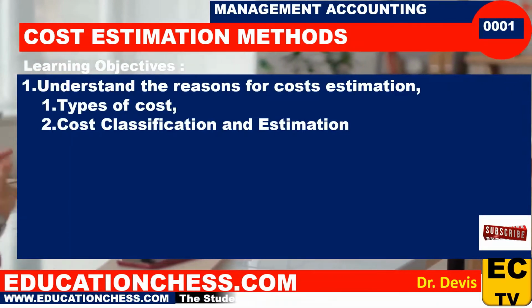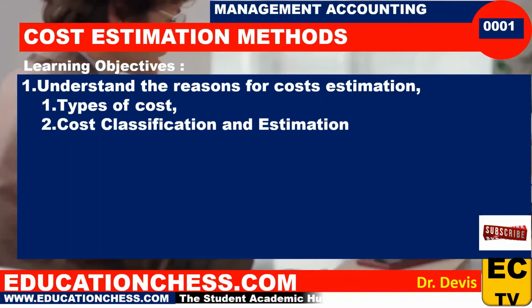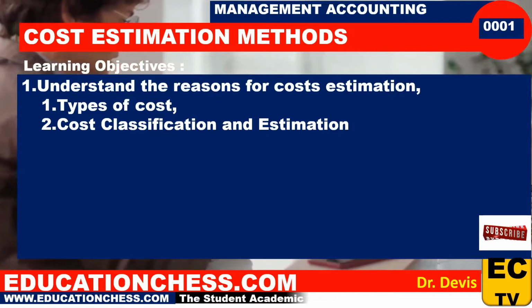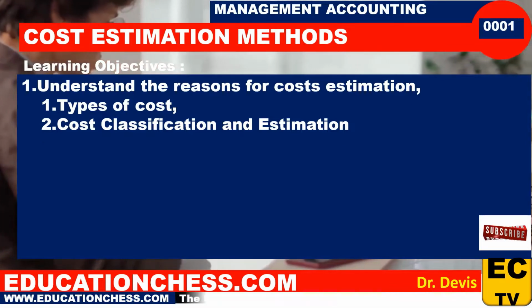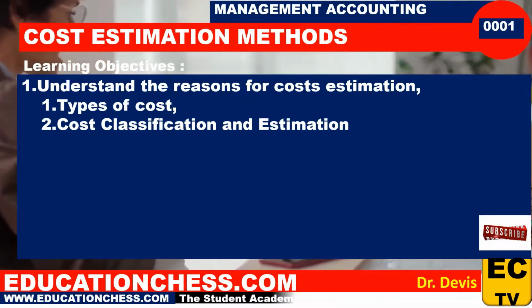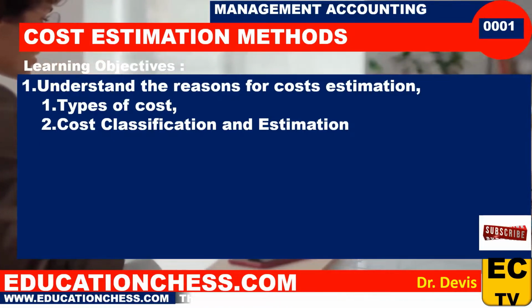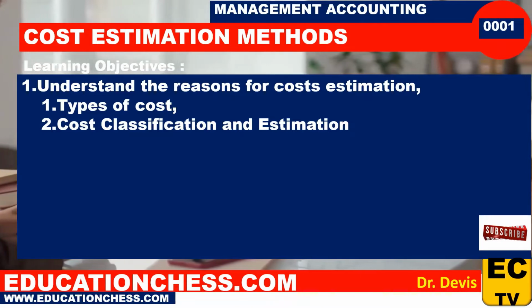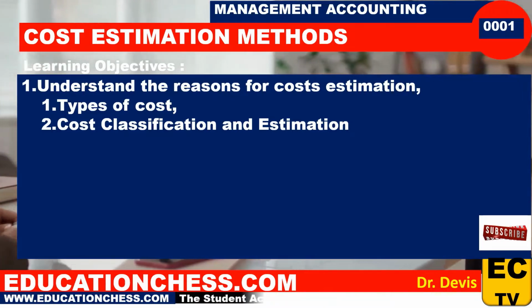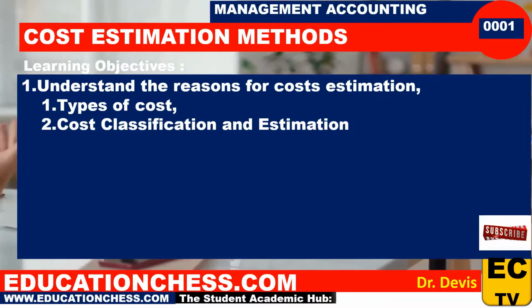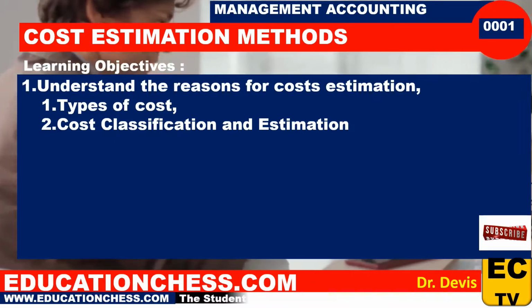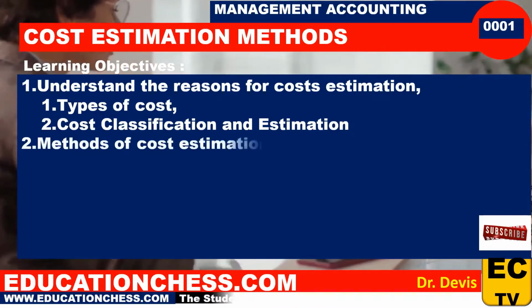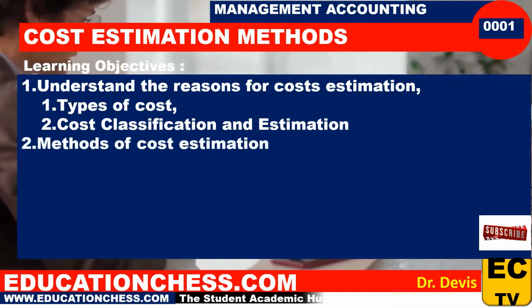We will look at types of costs, which really include variable cost and fixed costs, but we will check that one in deep details. We will also check and know how to classify costs during the estimation, either to fixed or variable cost. What category? How do you view all the activities and check whether this is variable cost or